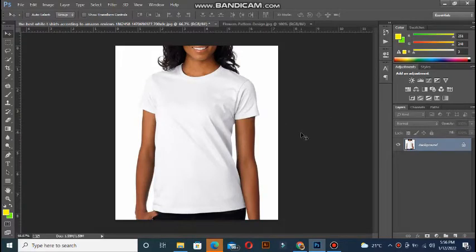Hello, in this video I am going to tell you how you can add a pattern to anything, especially shirts. I am going to show you how you can add a pattern to this shirt especially. What we have to do is first take a copy of this background layer. How can you do it? Just press Ctrl plus J and you can see here is the duplicate layer of